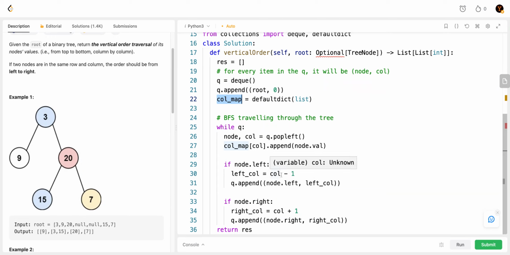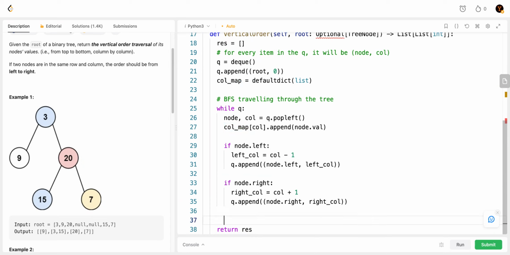So now we're gonna return the columns from the minimum column to the maximum column. What we can do is simply get all the keys. So we can just say all the columns are equal to column map dot keys,